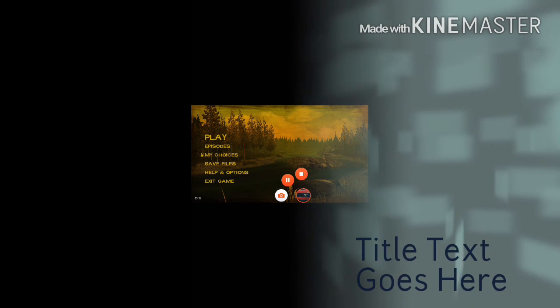This is a big game, so make sure you have enough internal storage. It needs at least 1.80 GB of storage. You can select episodes from here, and all of them are already installed in it. Just start the game.